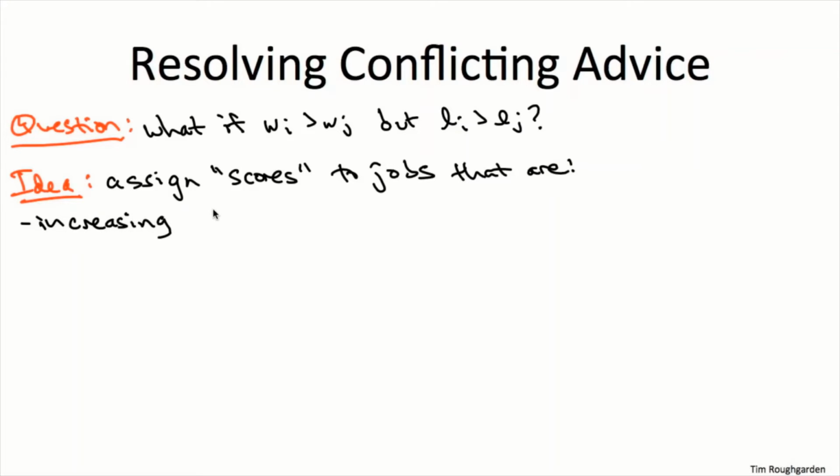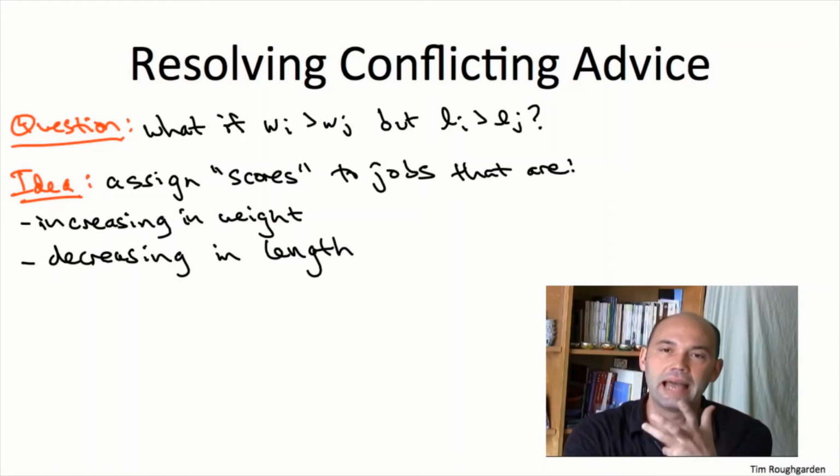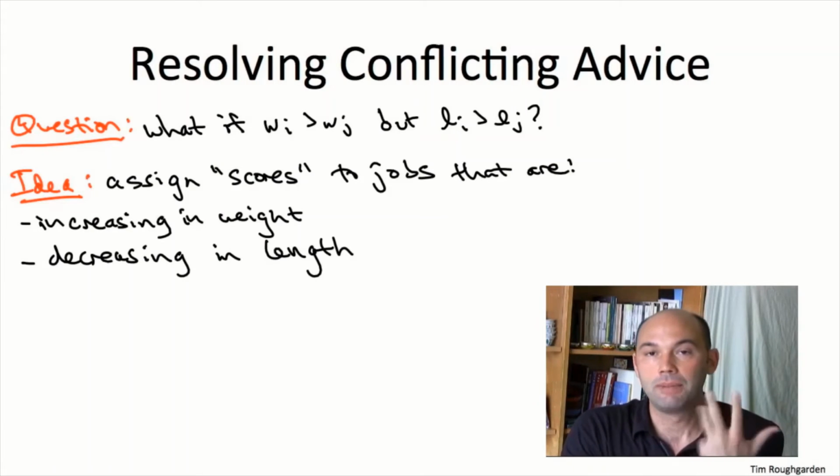How do we compile length and weight into a single number? Well, as guidelines, we should recall our special case and make sure we respect our two rules of thumb. So all else being equal, we should prefer jobs with higher weight. So that says higher weight should lead to higher scores if we're going to schedule the jobs from high score to low score. And then also, if a length is bigger, that should decrease the score. We should prefer jobs that have a small length. So this idea leaves open the question of exactly how do we aggregate the length and the weight of a job into a single number.